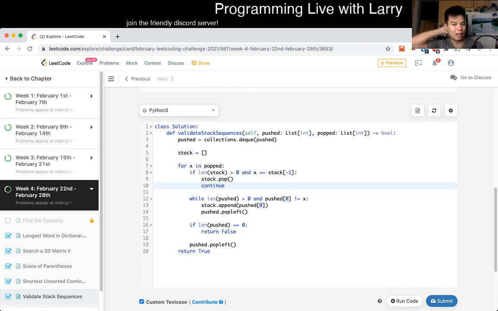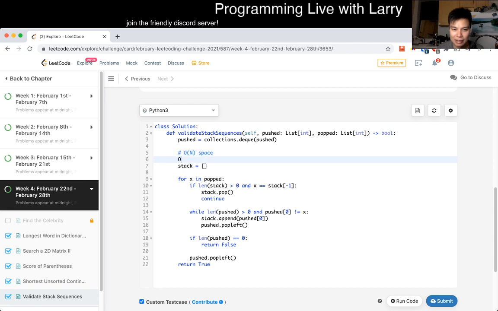Cool. Yeah. So I don't know, I think I was just a little bit off. And again, for this, you can just use the pointer to keep it in O of 1, however it's still going to be O of n space because we have a stack right here. Can you use an implicit stack? Not usually. If you're able to modify the input, you can do it in place, I guess, with one extra space. But otherwise, you could implement the stack on top of pushed, the variable. But since we're not going to ignore that, this is going to be O of n space because we have a stack,